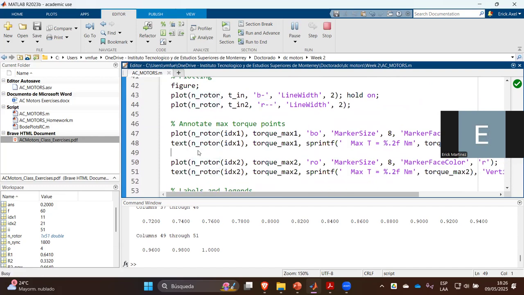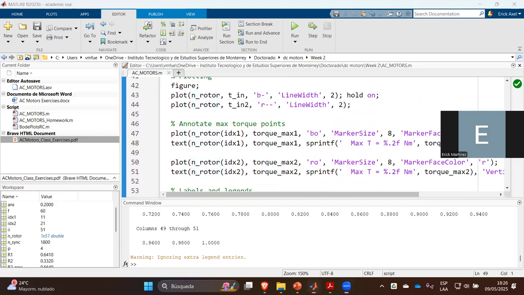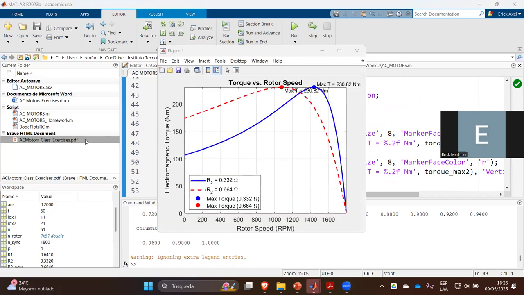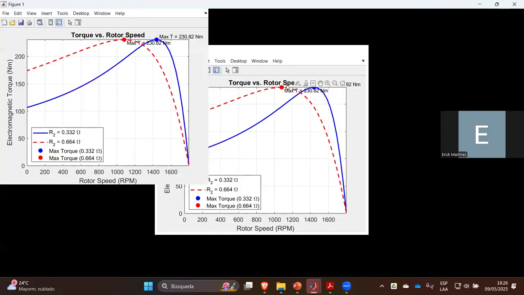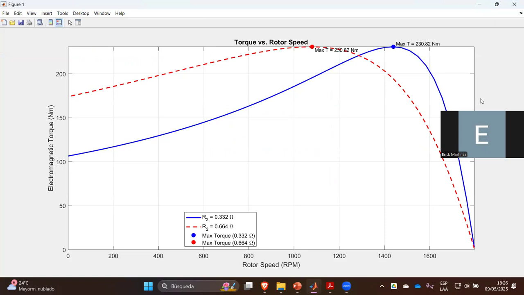All of this. I want to show you the plot. And here you can see that the code has generated the plot that we need. You can see that it's very similar to the standard characteristic curve of an induction motor. So in blue, I am showing you the curve of the induced torque when we consider the original value